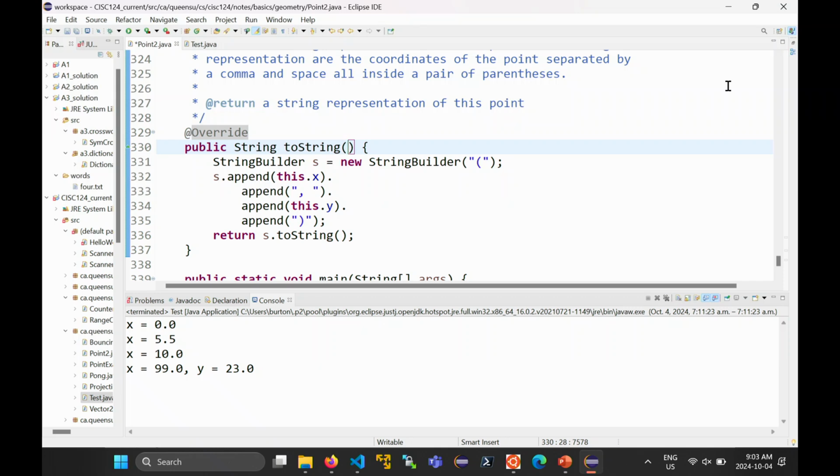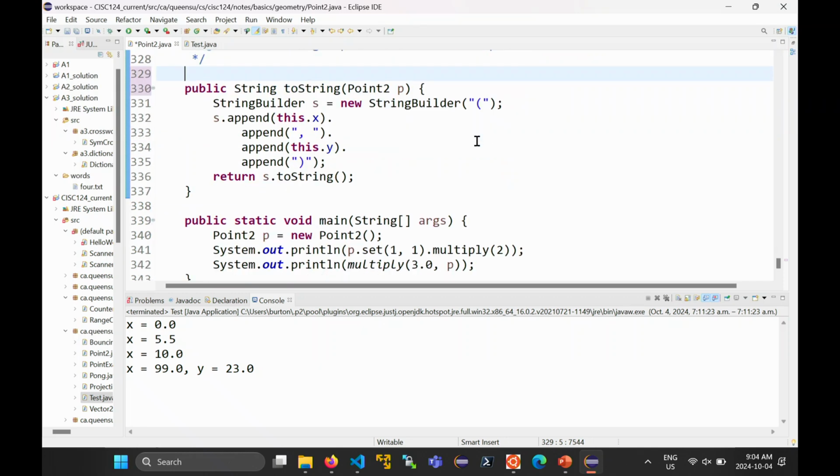So remember, you can have multiple methods with the same name. So for example, I can put in a toString method that takes in, I don't know, a Point object. If I get rid of the @Override annotation, it's fine. This method can happily coexist inside of the Point class with the other toString method. The other toString method has no parameters, so the overload is fine. So if you incorrectly write this and try to print out a point,